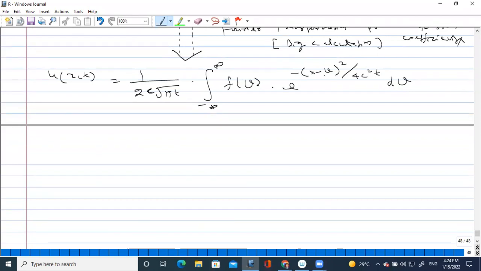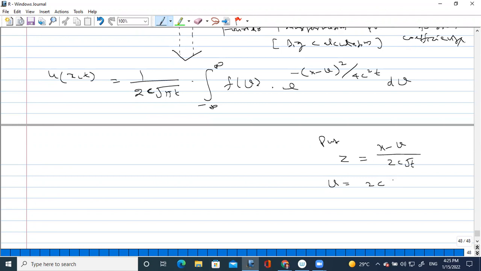Now, from here you will get a clue. This (x minus v) divided by 2c root t, whole square of that, you can put equal to z. So you have to put z equal to this much. So from here if you find v, the v value will be 2zc root t